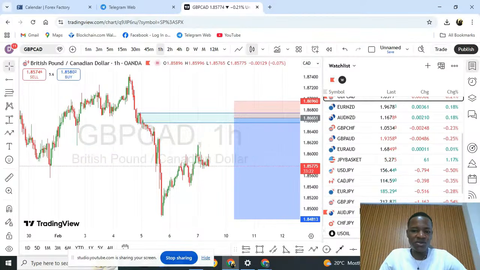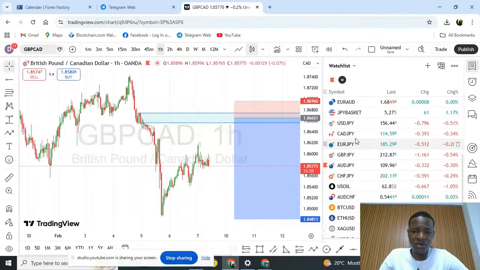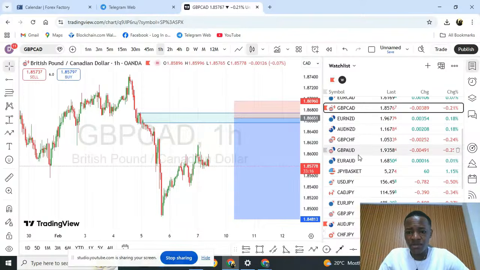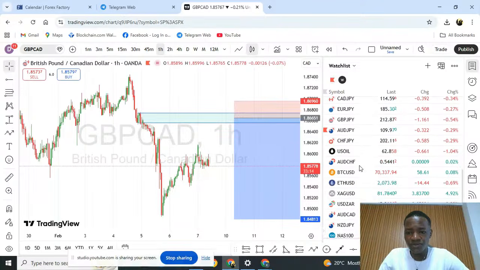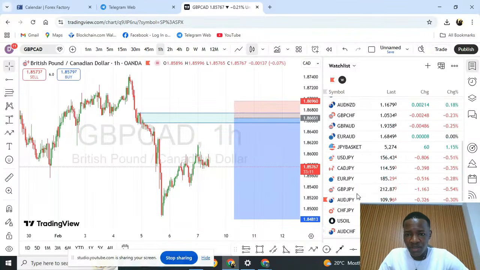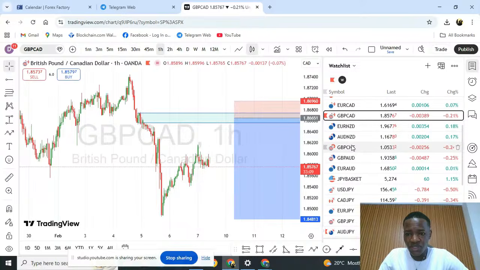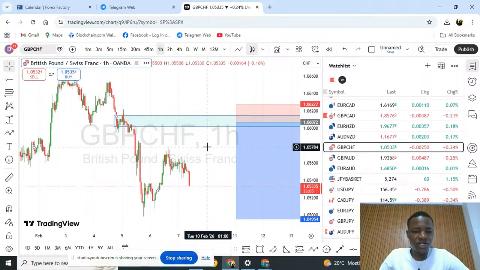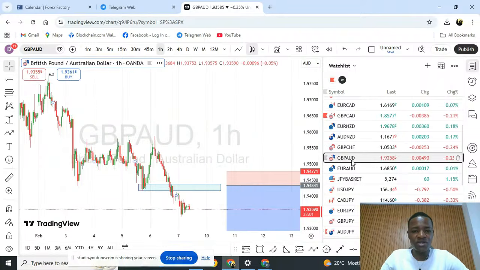Another pair to check out, nobody's commenting GBPCHF. Oh my god, and I did this pair here. GBPCHF, I did it here. It's supposed to be one of the pairs that you guys are checking out. GBPCHF, it has a very nice setup here. Order block, fair value gap, change of character, order block. Yeah, check out this one this week. I know it's not going to materialize now, but this week,